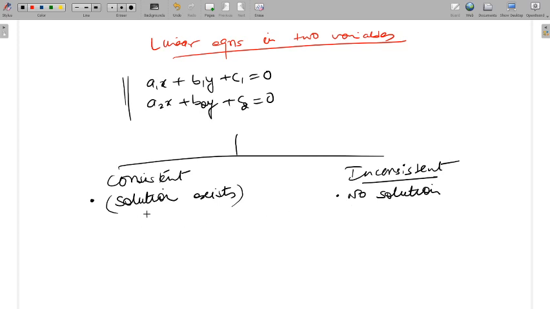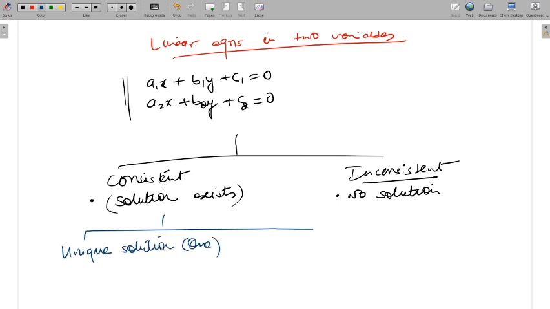Now see what happens when solution exists. Then solution can be unique solution, means one single solution, right? Or it can be infinitely many solutions. So depending on the